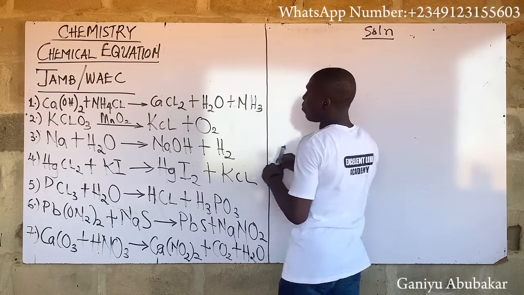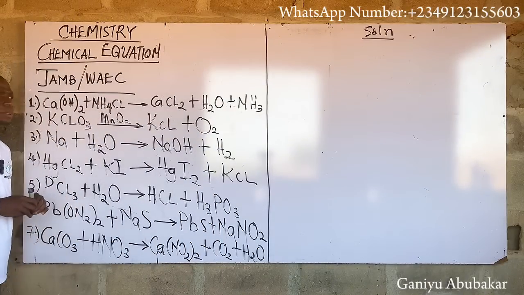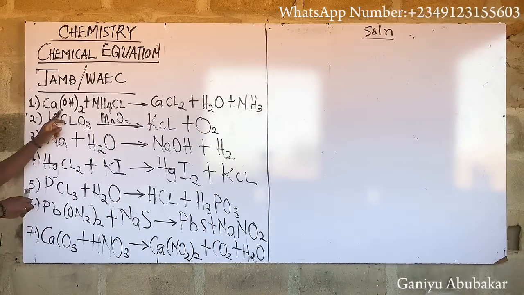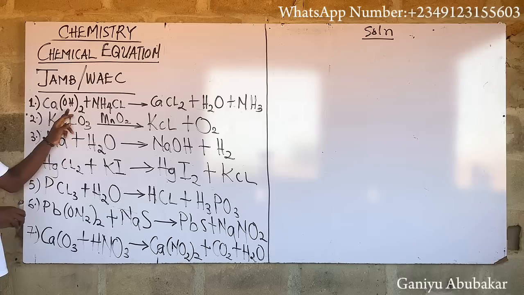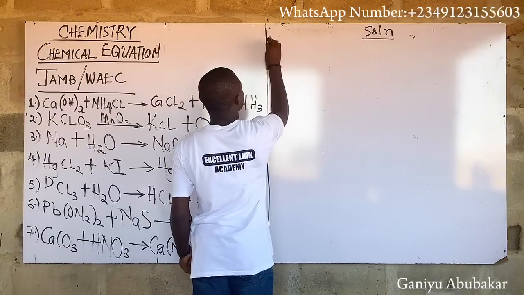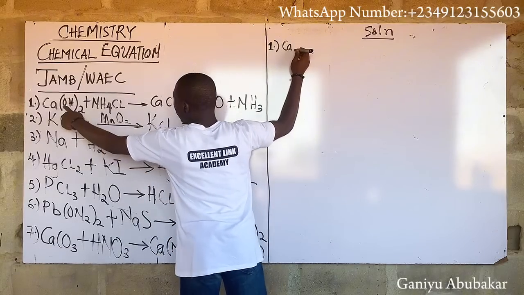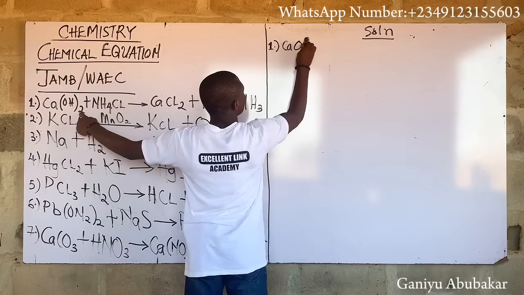Solution. Is this equation balanced? Of course. Whenever you see something of this nature, oxygen and hydrogen encased in a bracket with a 2 as a subscript, I will expand this bracket first. My first step is to expand this bracket. So I will have Ca, then oxygen times 2, which is 2 oxygen,